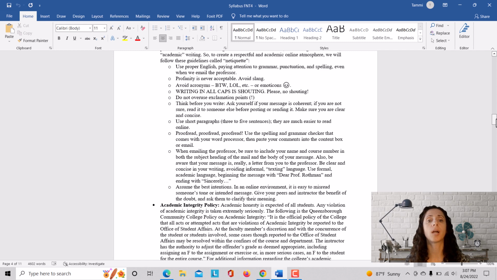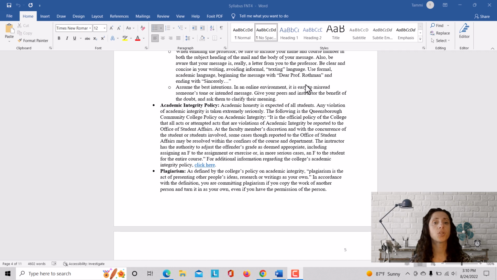Make sure you're clear and concise. Use short paragraphs, 3 to 5 sentences. They're much easier to read online. Proofread, proofread, and proofread. So the next 2 bullet points are about the QCC academic integrity policy and also an